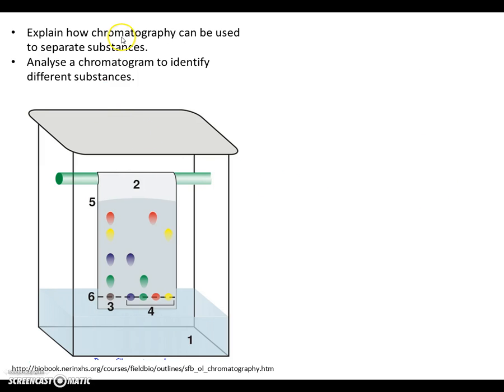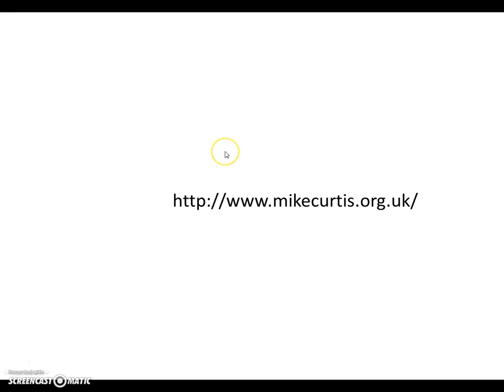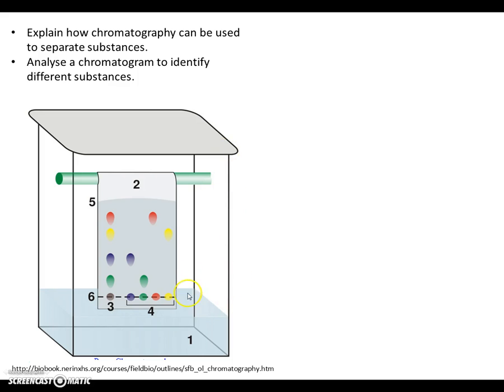So the last one, explain how chromatography can be used to separate substances. So the classic example here is if you've got different coloured inks and you want to separate them out. So there are various parts of the chromatogram that you need to know about. Here we've got the